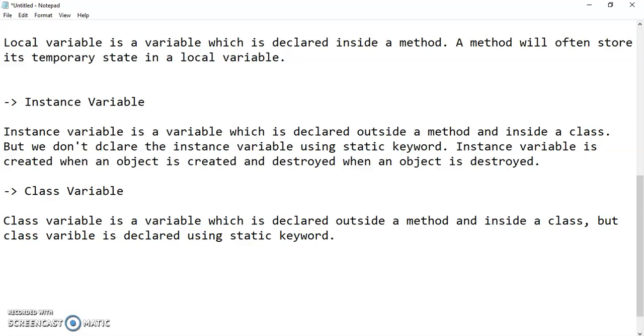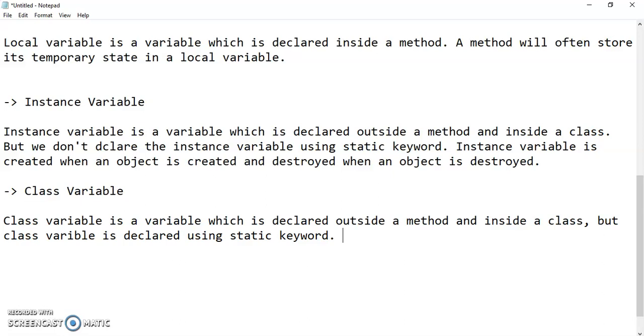That means if you want to access the class variable, you don't need any object. If the variable is declared in the current class, and you are trying to access the variable in the same class only, directly you can access it. You don't need an object. And if you want to access the class variable from outside of that class, then you can use the class name dot variable name.